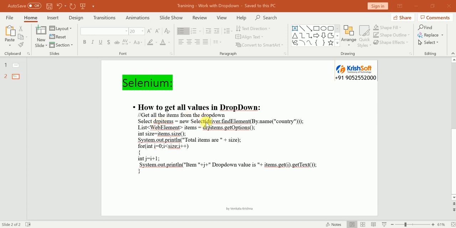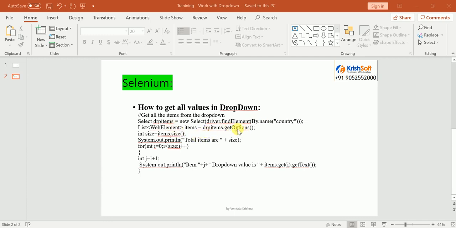Whenever you want to work with drop downs, you need to know about the Select class. We use the Select class only for drop downs. To get the elements from the drop down, we can use the Select class. We write Select, any variable name, equal to new Select of, and you provide your element here.